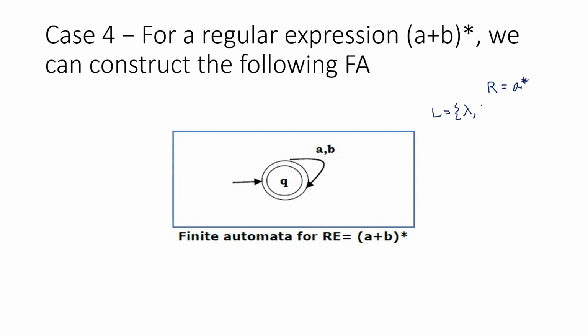So then only A is possible, or say 2A possible, 3A possible. In this way, any number of A is possible. So that means now how can we do this?